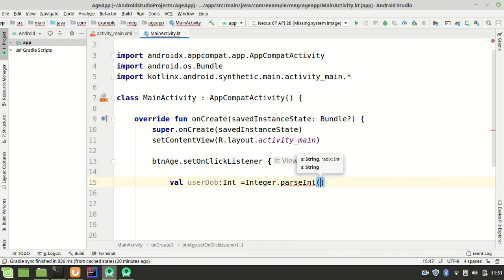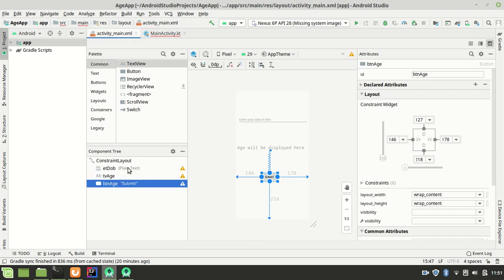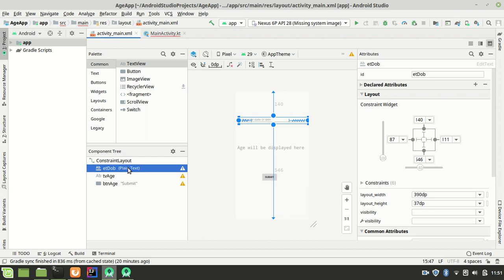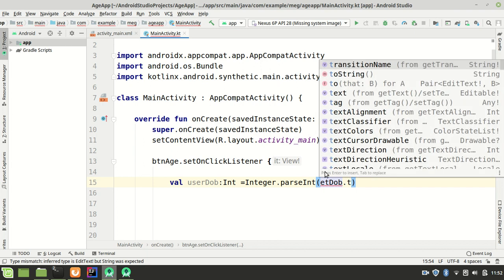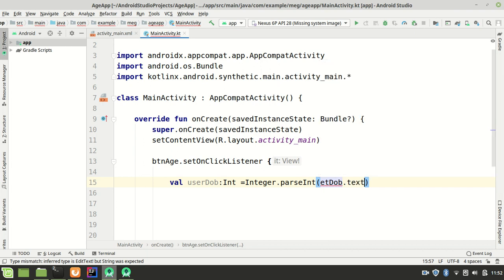Then what do we want? We want to parse the age. The age we had in our text here, the ID for age was picked by et.dob. So we are going to come and pick it. We'll say et.dob dot text, then dot to string. So it's a string and it's converted to an integer so that we can do